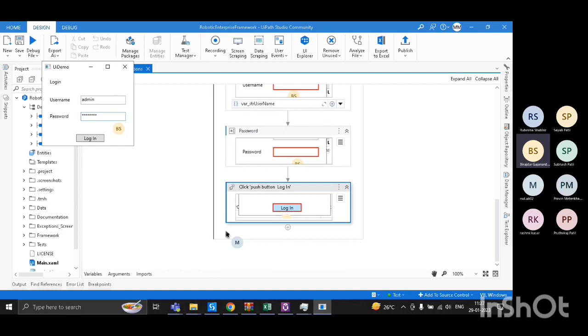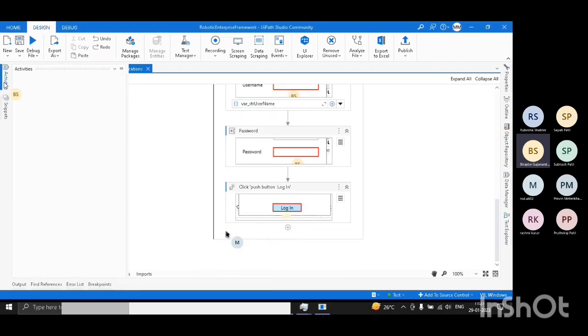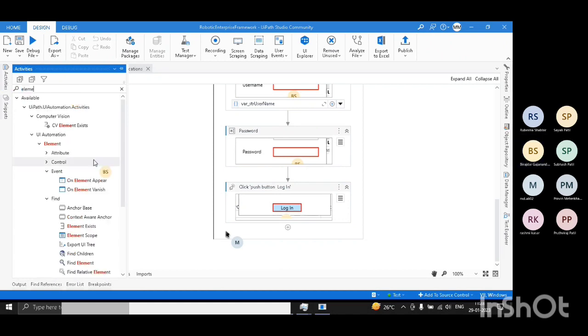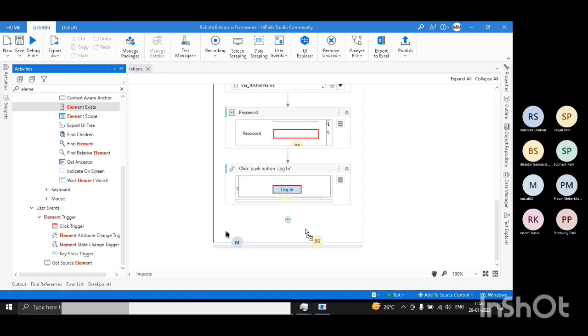There may be chances, right? We are assuming credentials are correct only here. It may happen that credentials may be wrong. So how to validate that? For that, we are going to use the element exist activity. Okay. Element exist. We are already familiar with all this, nothing new. Just for validation purpose,